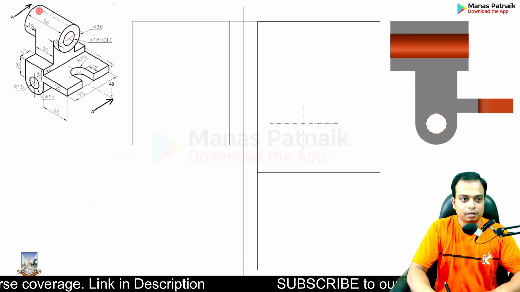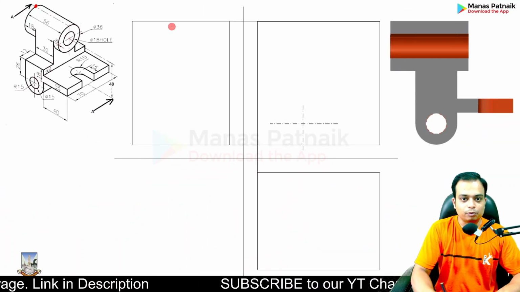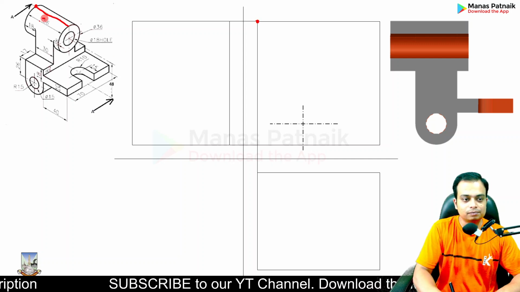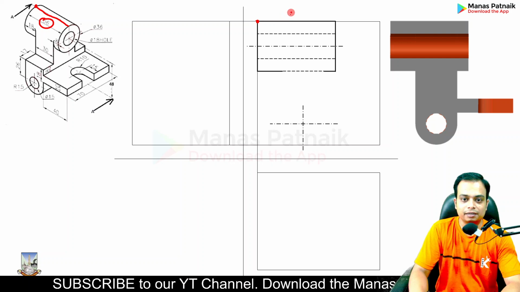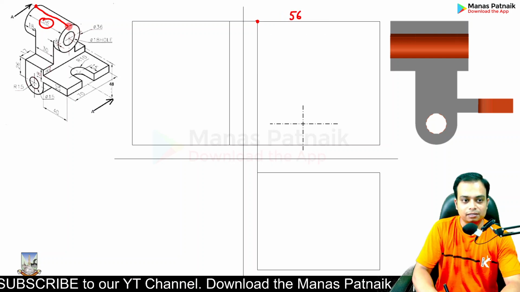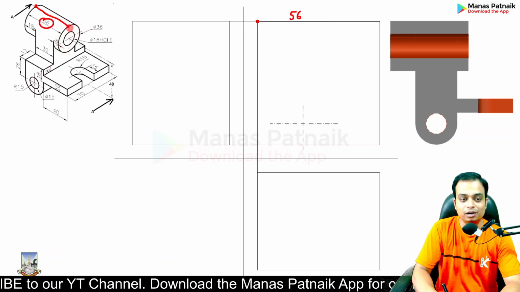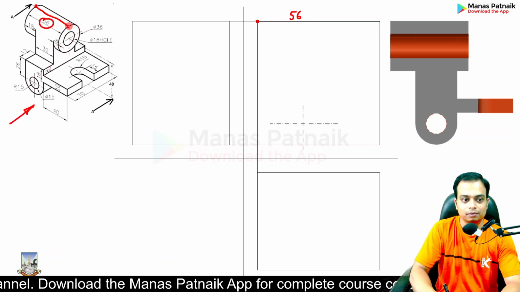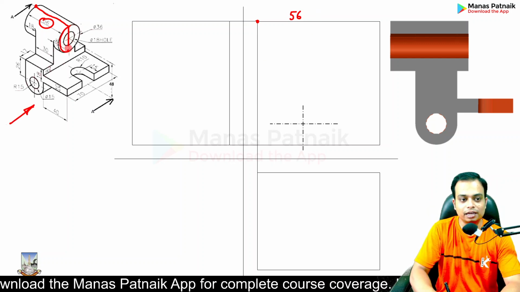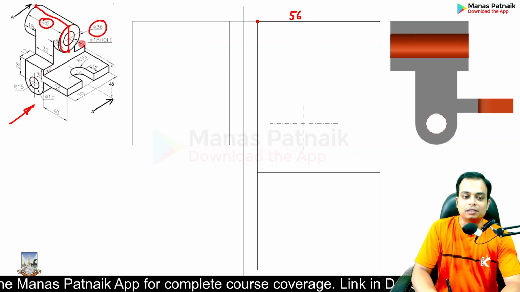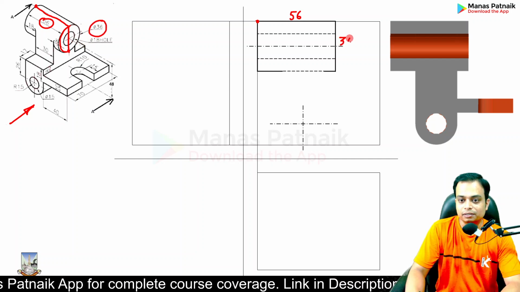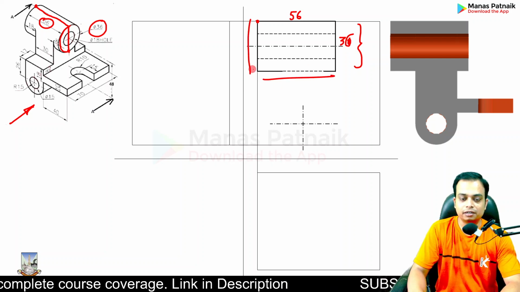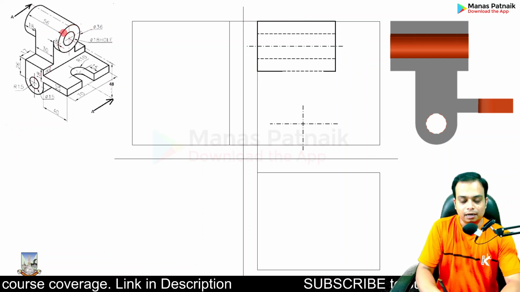Done, sir. Now what? Now what you can do is, from this point over here, this is the point I'm talking about, that is the line 56. Again, this curved portion that you see will look like a vertical line from over here. The line's length is going to be 36, so this is going to be 36 in totality. That's 56, that's 36. You know this. Secondly,